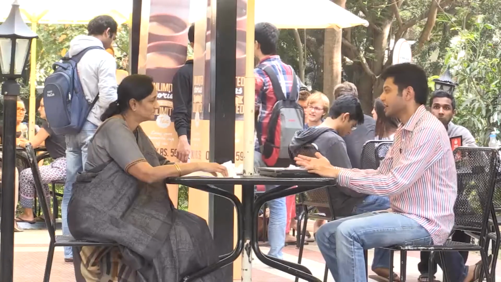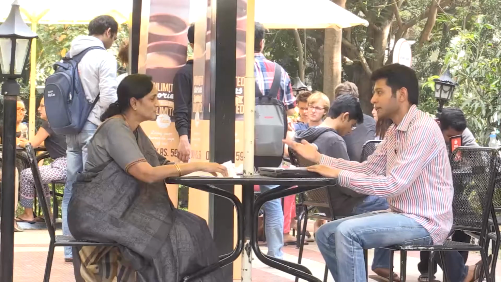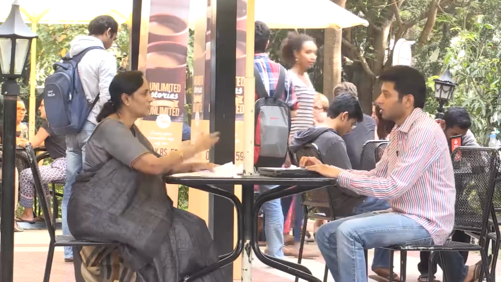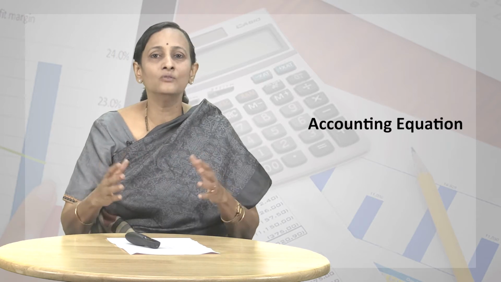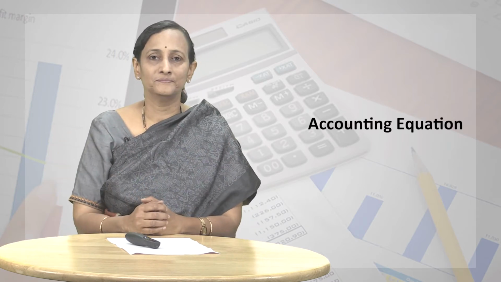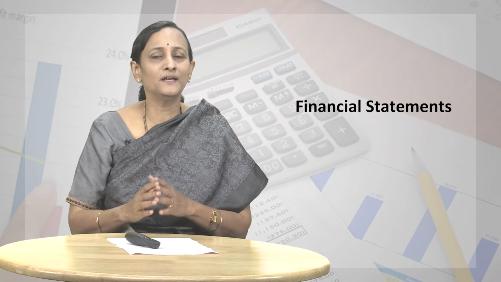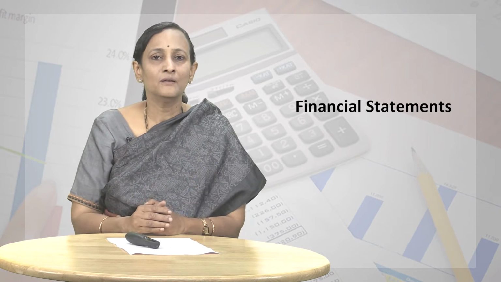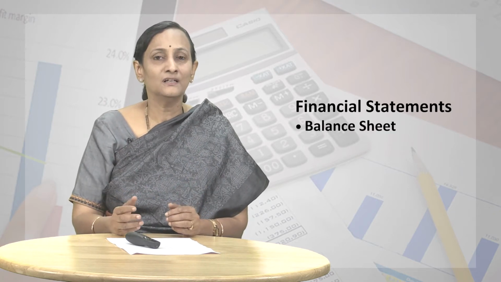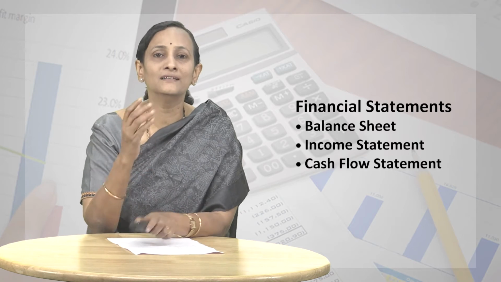Once again, welcome back. We have looked at Raj's cafe and we have understood that he needed help, and we are going to now help Raj prepare his financial statement through a mechanism called the accounting equation mechanism. But before that, our ultimate objective is for Raj to prepare the financial statements, basically the balance sheet, the income statement and the cash flow statement.